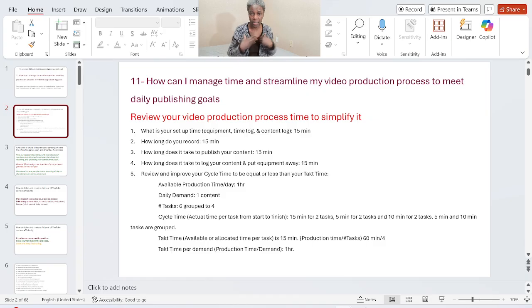So in my example, I like to allocate 1 hour for the whole process. So that is our available time. We can call it task time as well, the time we have to meet that one demand. If we assume our demand is to publish one video a day, we have 1 hour available time a day